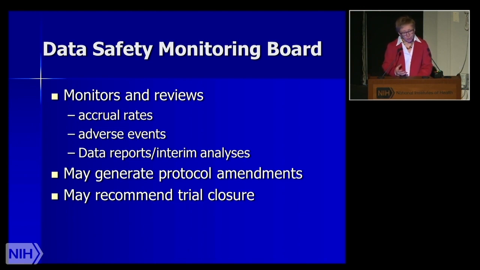By doing that, they might also capture issues for trials. If the accrual rate is really slow, they're going to encourage that investigator to figure out why, develop methods or look at what the problems might be, and perhaps an amendment needs to be made to the study to change something in eligibility that's prohibiting accrual. They look at adverse events. If it's a two-arm study and one arm is more toxic than the other, the data monitoring board might suggest, depending on how severe those differences might be, shutting down one of the arms